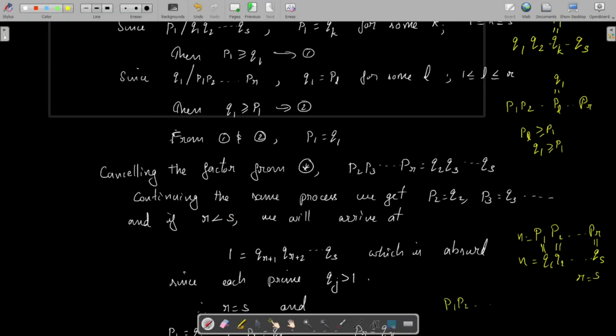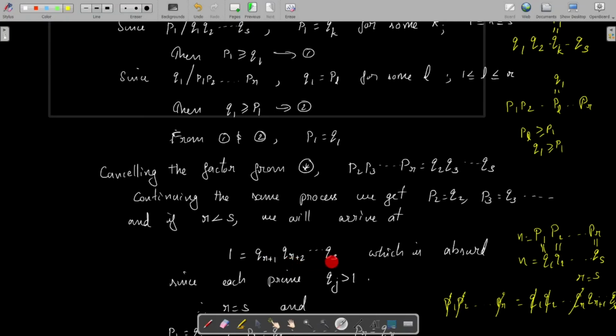p1, p2, etc. pr equal to q1, q2, etc. qr, then qr plus 1, etc. qs. So we may cancel the same factors from both the products. p1 equal to q1, so it cancels. p2 equal to q2, it cancels, etc. pr equal to qr, it cancels. So what remains? We have on the left side 1 equal to qr plus 1, qr plus 2,